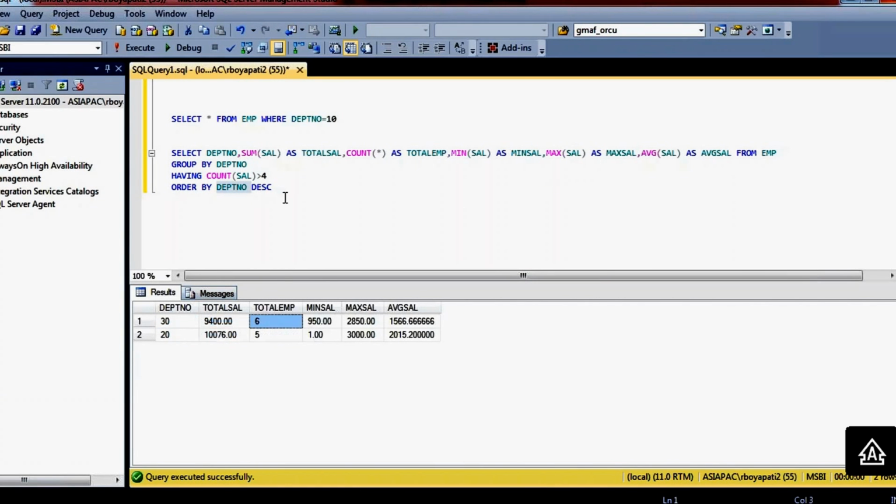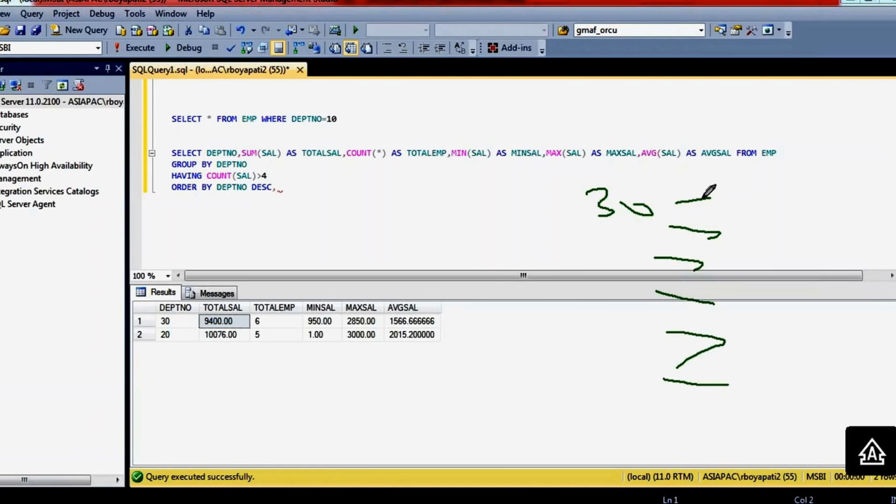You can specify the second column also. I want to make the order first department number wise. Whatever the department number is highest, I want to make the sorting on the department number. Then the second priority I want to give is inside each department. For example, in department number 30, you have 10 records. How are you going to sort these 10 records? I want to sort on the total salary. Whoever's salary is less, I want to display that record first. That is ascending order on the total salary. So you can write it this way.